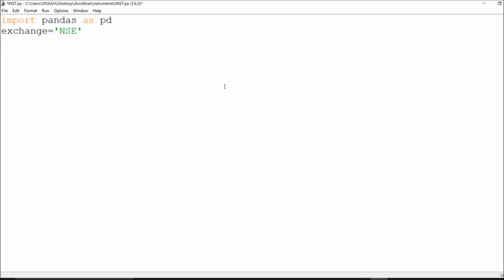Follow the format, and right now I will read this instrument file. It is very simple. Just say pd.read_csv, and I've already stored it as instruments.csv. Whatever I read will be in instruments itself. So we'll try to read it and we will see this.